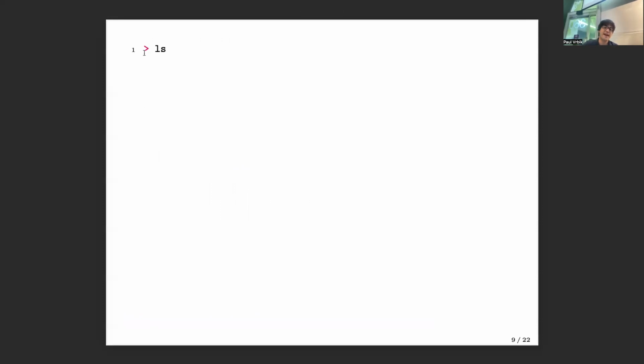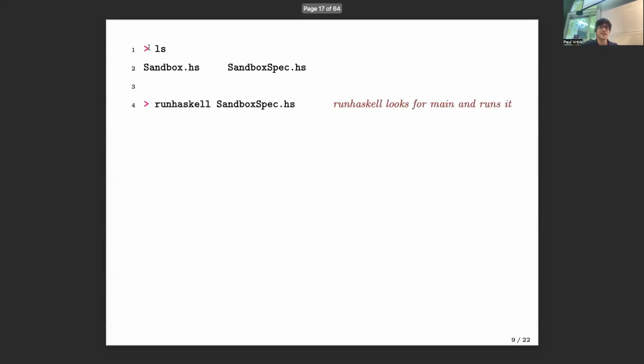Okay, so this is my bash. So I'll just show you simulating my bash. So suppose in this directory I had 2 files, sandbox.hs and sandbox.spec. The 2 files I just showed you without the typos. I can say run Haskell on sandbox.spec. You should have run Haskell in your path somewhere. It should have installed automatically. And what this is going to do is it's going to look for the main function in the spec file,